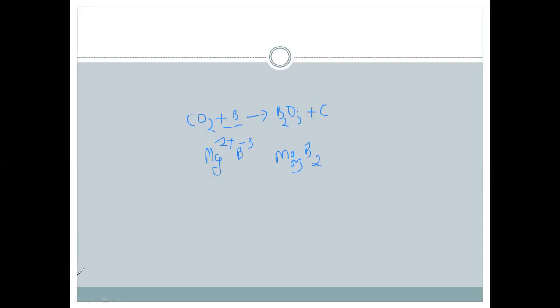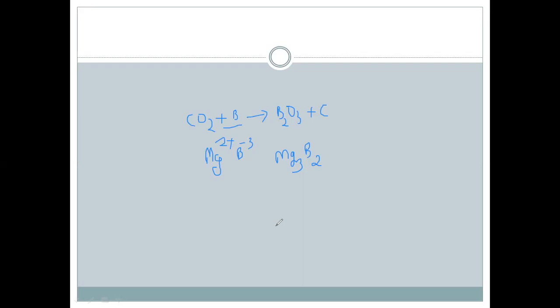Now, reaction with the non-metal. And again, when it says strongly electropositive metals, which are they? Magnesium, sodium, etc. They are all strongly electropositive metals, which are on the left side of the periodic table. They have the tendency to lose electrons easily. That's why they are electropositive in nature. With that, this boron will be reacting.